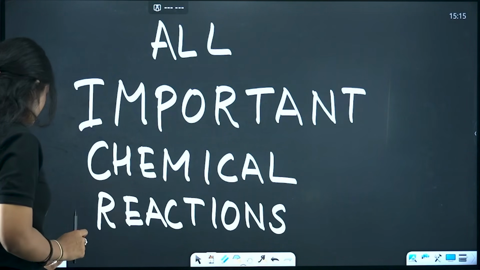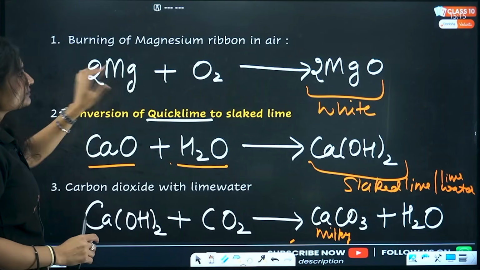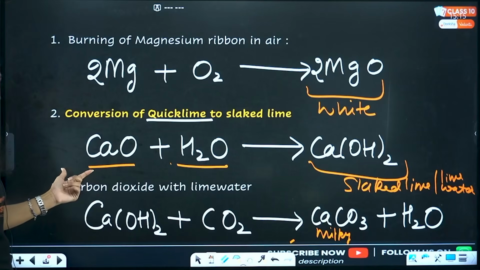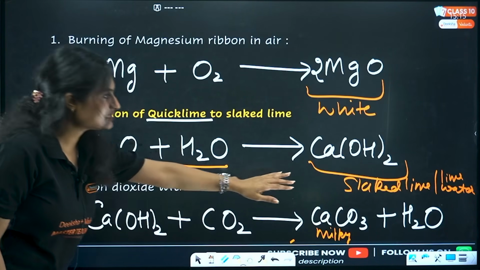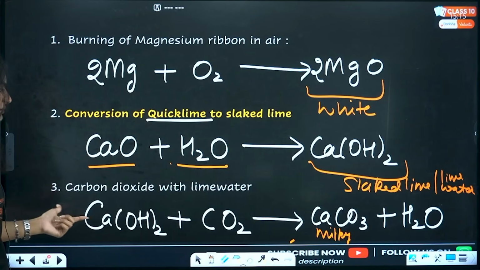From chemical reactions, these are the reactions. When you burn magnesium ribbon in air, you get magnesium oxide. Conversion of quicklime into slaked lime: this is quicklime, and when you add water to it, we get slaked lime plus lots of heat is released. It is a highly exothermic reaction. Carbon dioxide with water,